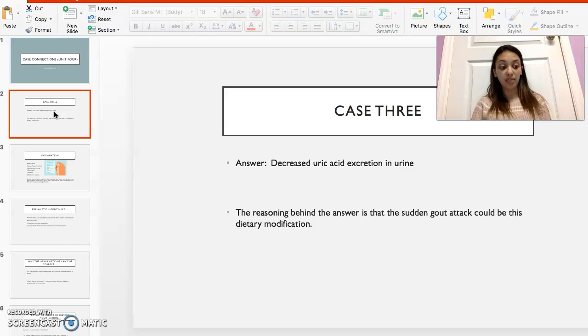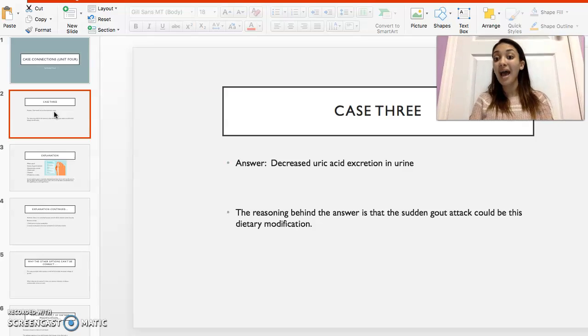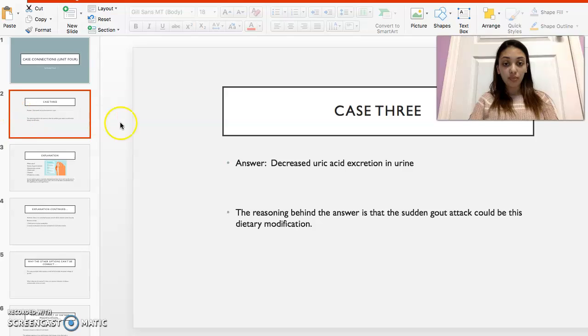Normal levels for plasma urate are less than 7, so his plasma urate was elevated, and his urinary uric acid was not elevated. The normal level would be 413 and his was only 215, so he was at around half. The question here was an explanation for his diagnosis, and the answer I chose was decreased uric acid excretion in the urine. The reasoning behind this is that the sudden gout attack could be